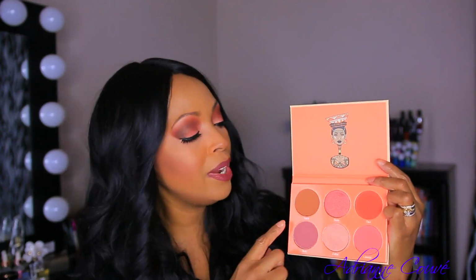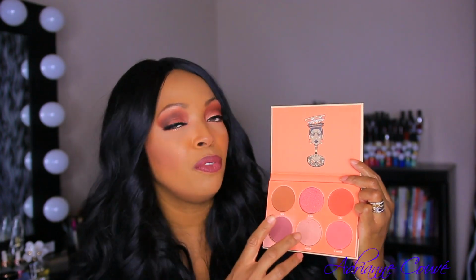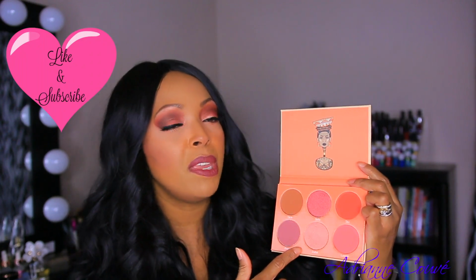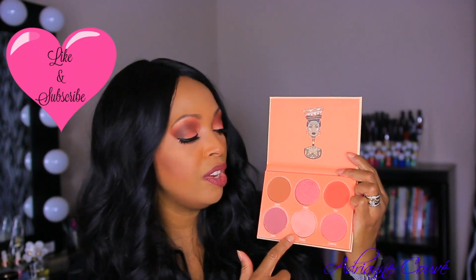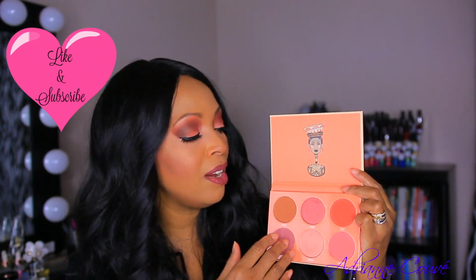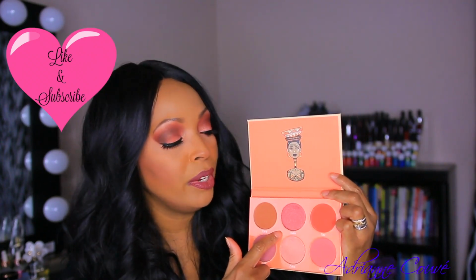And then this shade here looks like it could be a nice eyeshadow shade for transitioning or just setting eyeshadow base. It's a good pan size. Also, that's one thing I've noticed about Juvia's Place, that they really do have really large pan sizes. And these two shades in the middle seem to be pink, and this one for sure is a pinky duochrome with a gold shift to it, and it can be used as a highlighter and make a really nice highlighter shade. Also, it can be worn as an eyeshadow,